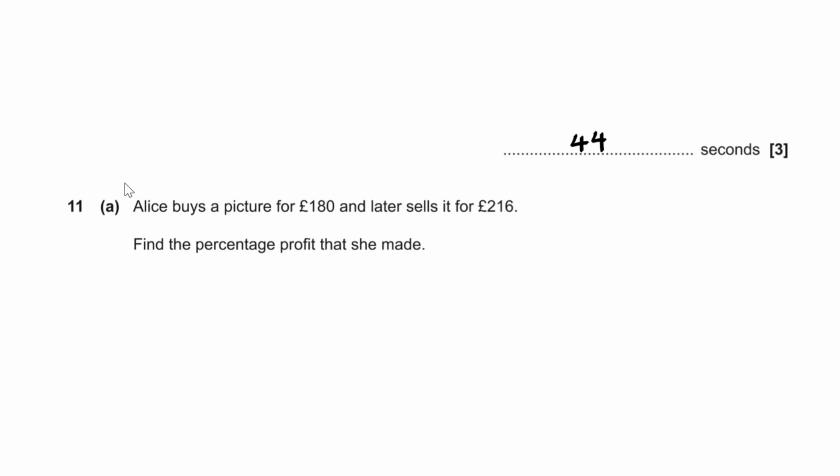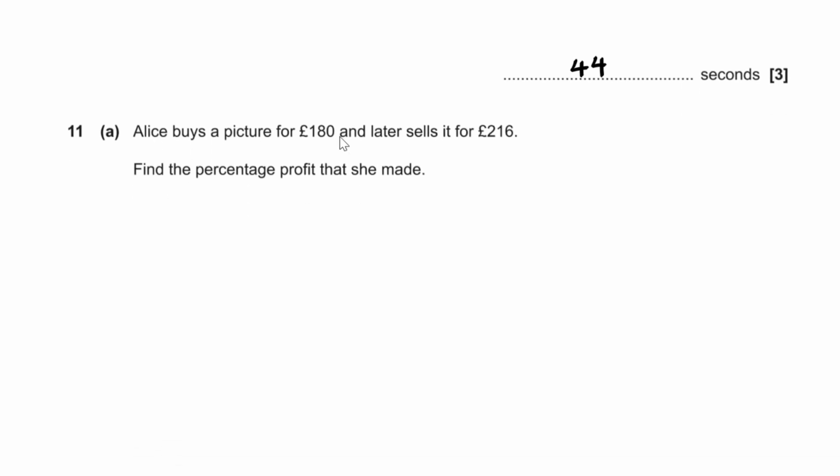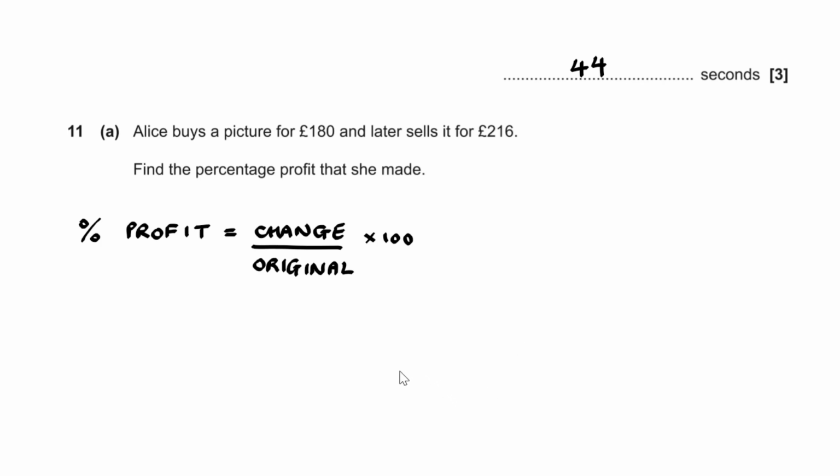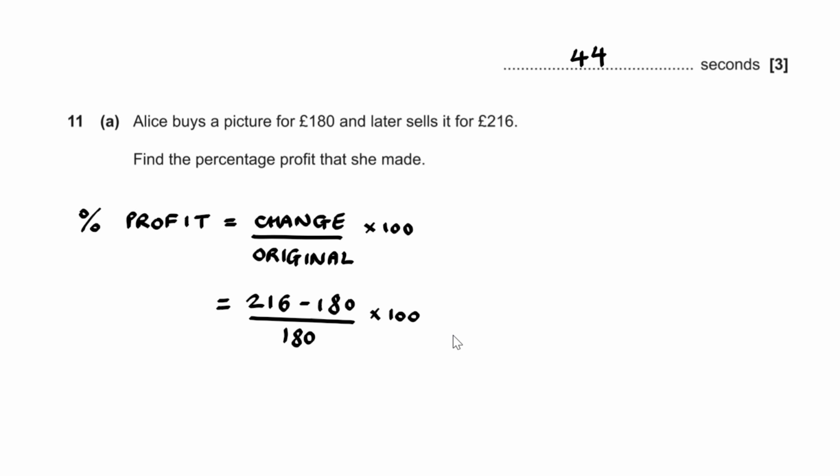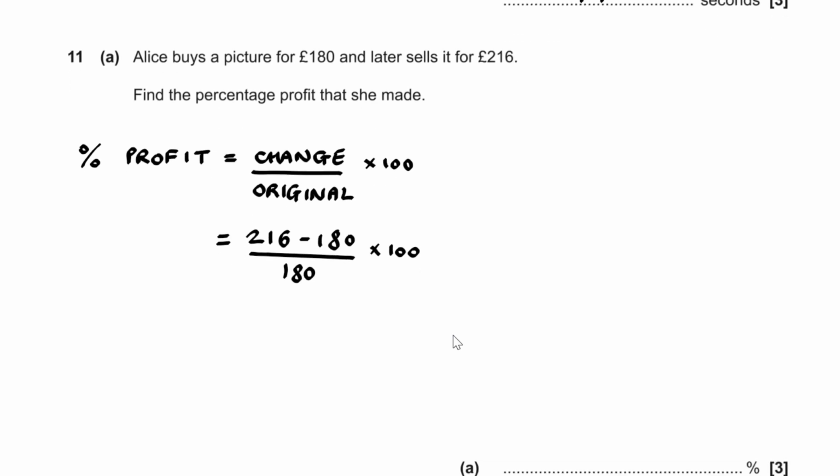Question number 11 for part A. Alice buys a pitcher for £180 and later sells it for £216. We have to find the percentage profit she's made. Well, for the percentage profit, that's equal to the change over the original times by 100. So what we have here then is 216 take away 180, and we're dividing this by the original 180 and then multiplying by 100. Well, what you'd find over here is